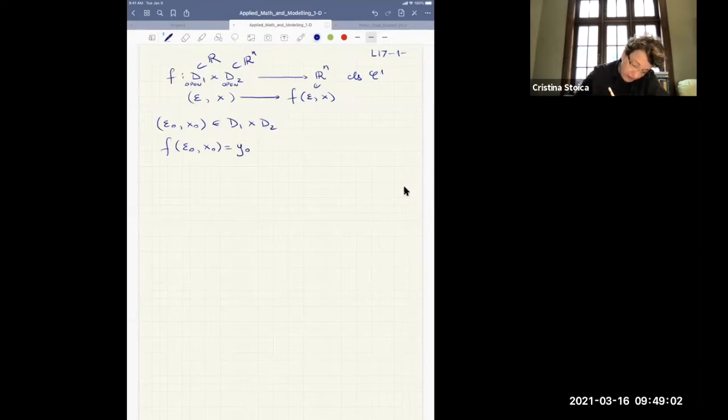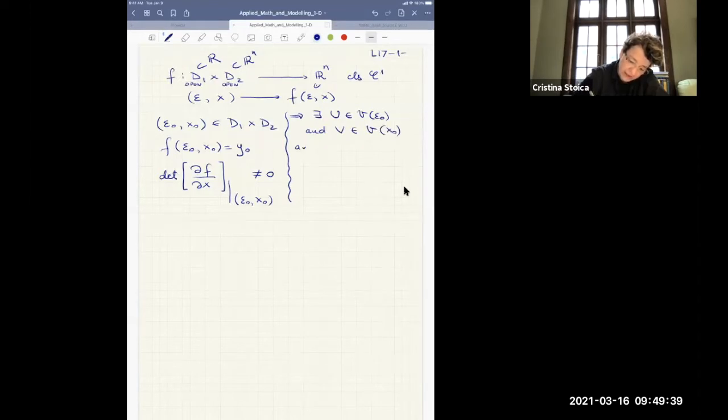All right, and then we know that f at epsilon naught and x naught equals y naught, okay? And then we also have that the determinant of df dx, so the Jacobian, if you want, or the partial derivatives with respect to x, at this particular chosen point is non-zero. Well, if this is the case, then we have a neighborhood of epsilon naught and a neighborhood of x naught